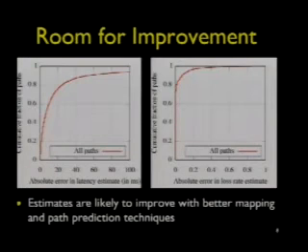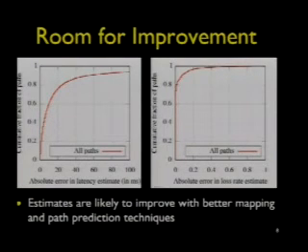So given that our path predictions are reasonably accurate, we then evaluated how well our estimates of path properties such as latency and loss rate are, given our path predictions. So here are graphs plotting these estimates. The graph on the left plots the accuracy of our latency estimates. The x-axis is basically the absolute error in our latency estimate compared to the actual latency, and the y-axis is the cumulative fraction of paths. Similarly, the graph on the right plots the accuracy of our loss rate estimates. So in both cases, you see our estimates are reasonably accurate but not perfect.